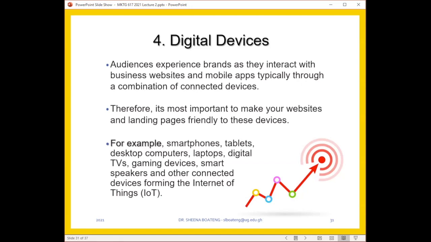So we need to be conversant with all these devices, including gaming devices, digital televisions, all these smart speakers like Alexa and Siri, and how they are helping our customers connect and communicate, so that we can use those as primary elements in our e-marketing implementation tactics to get to them, to ensure that our e-marketing objectives will be achieved.